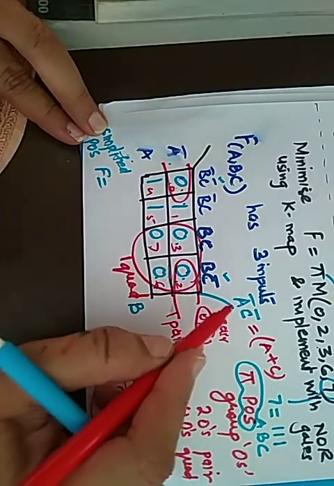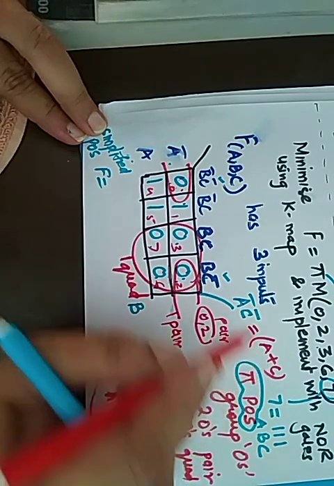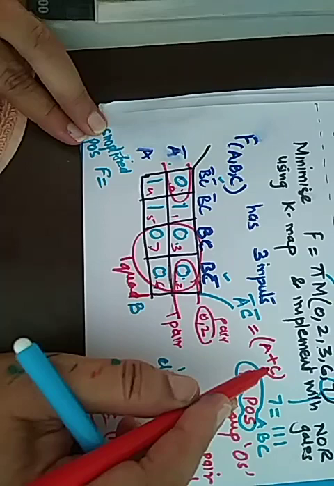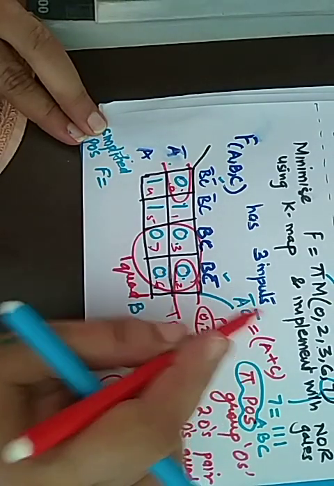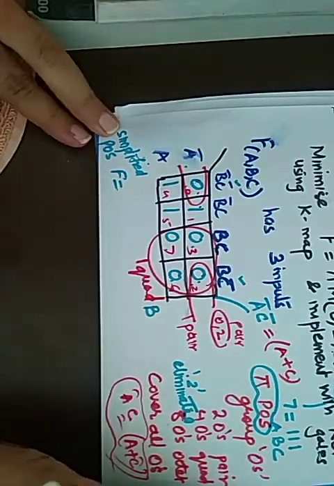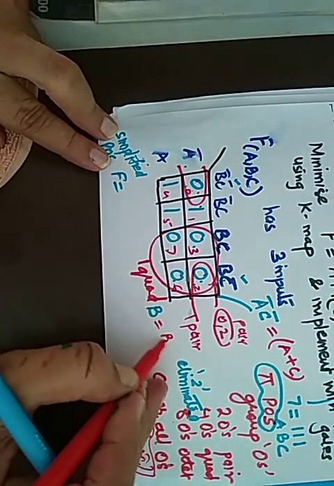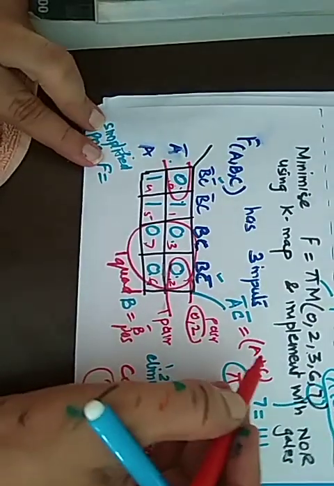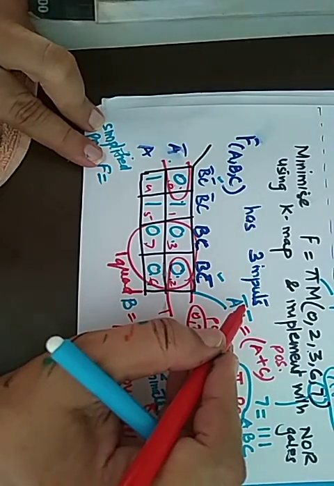What we are doing is converting this product into its equivalent sum. Converting the min term into its equivalent max term. And the max term was the complement of the min term. So if you take A bar, C bar whole bar, it will be A double bar plus C double bar, which will be A plus C. Okay, so coming to the B, if this is B, the POS form will become B bar. Here too, A plus C was the POS form. This is the SOP form.